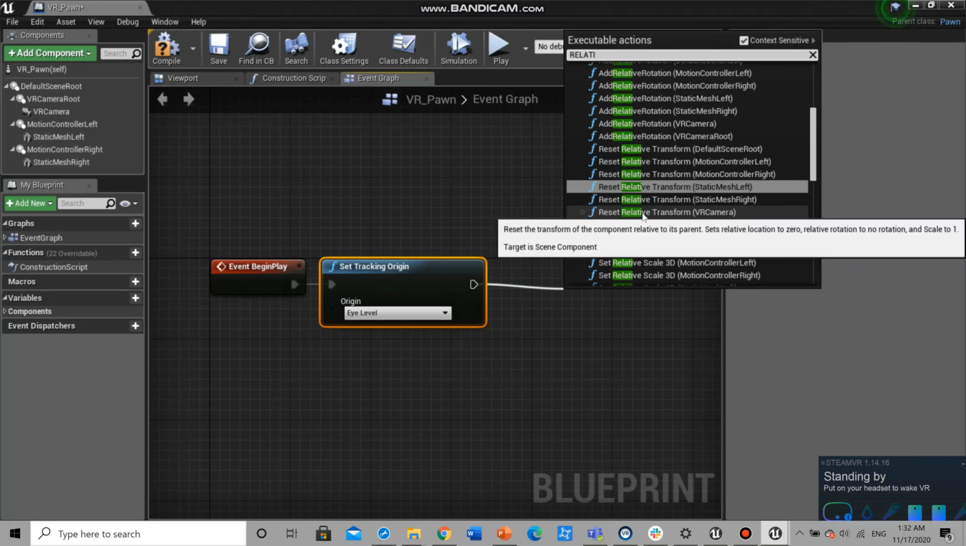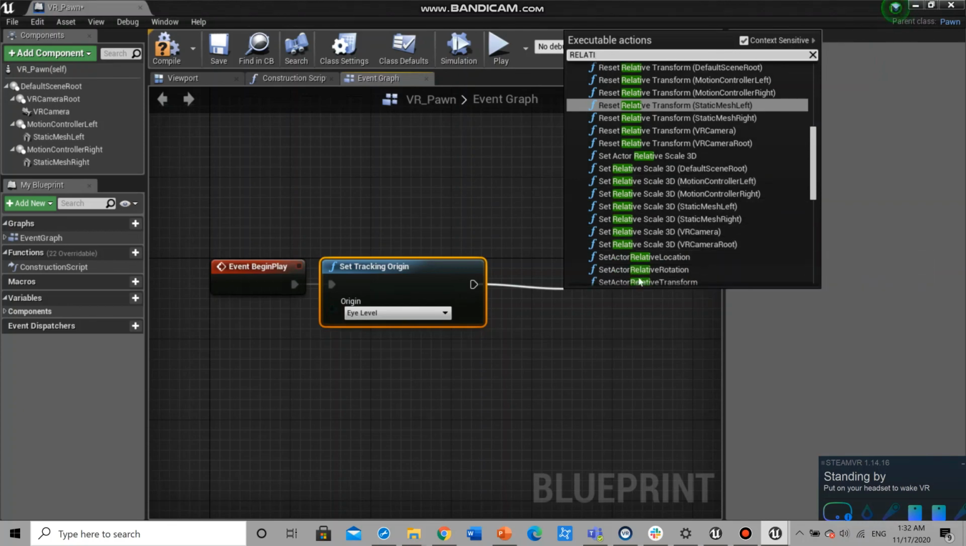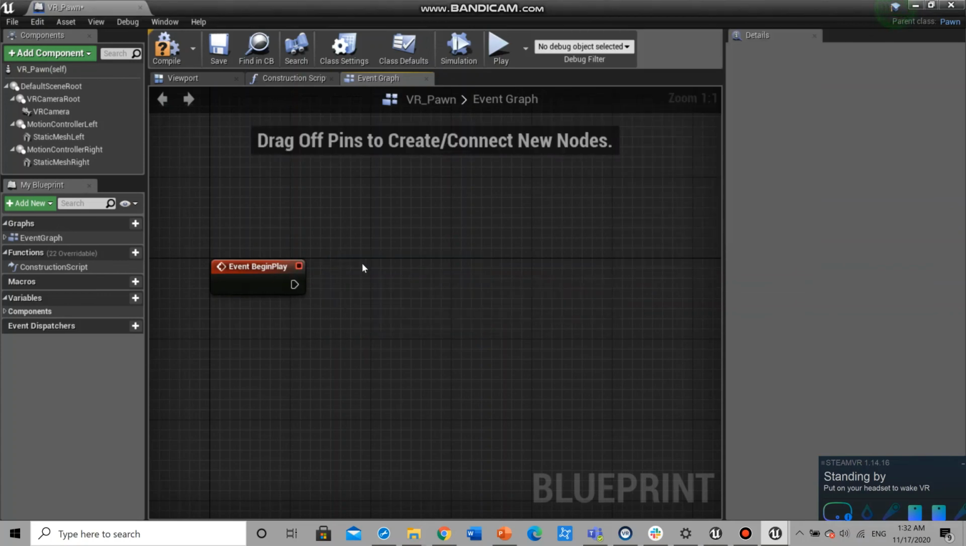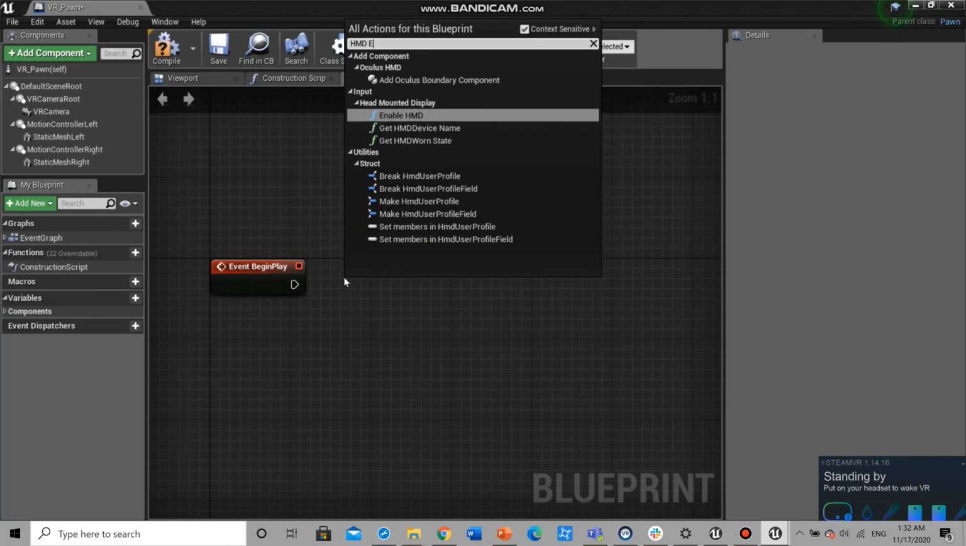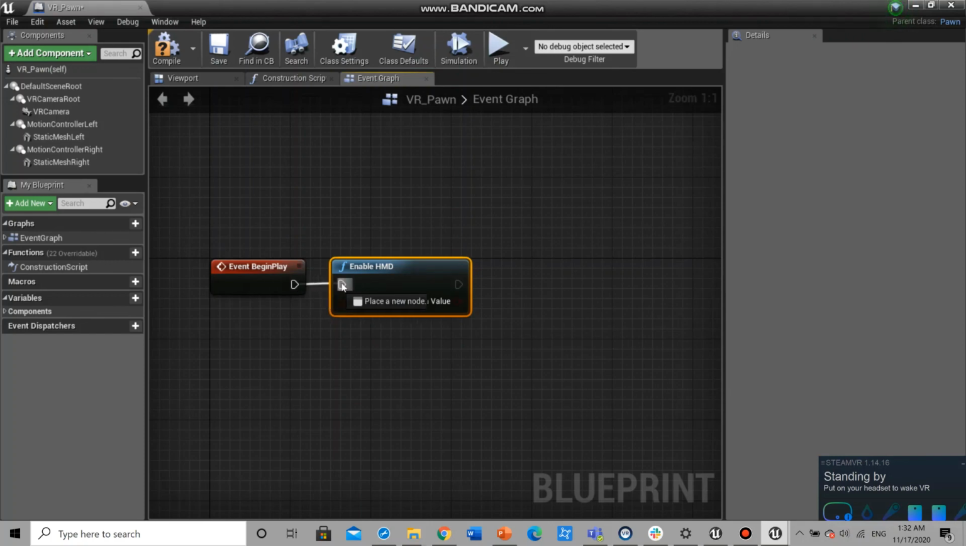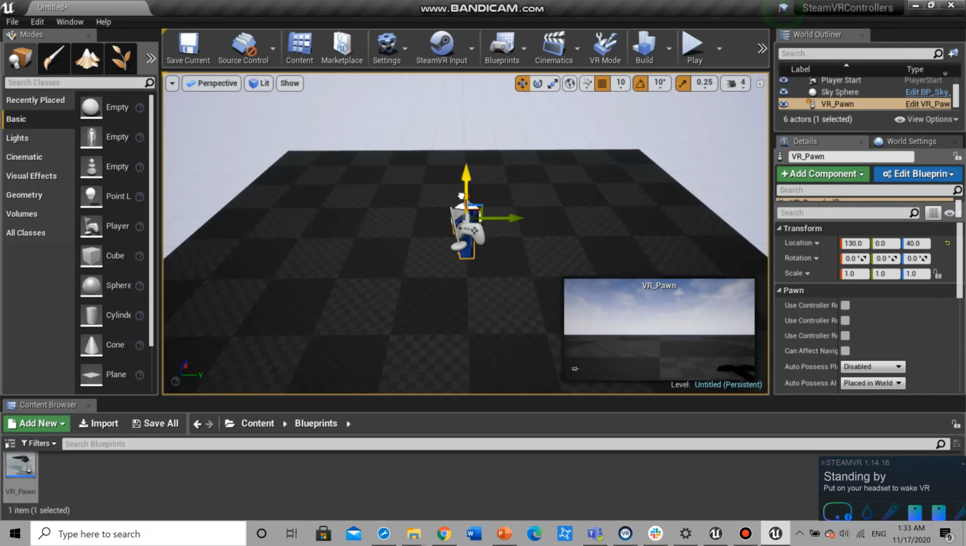Actually, let's not do it right now. We can do another thing. Set HMD. Those are fine. But now let's just have this and check the box, save it. Close it and then let's put it here. So let's change auto possess to player 0